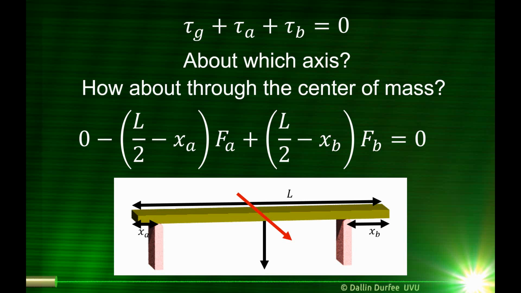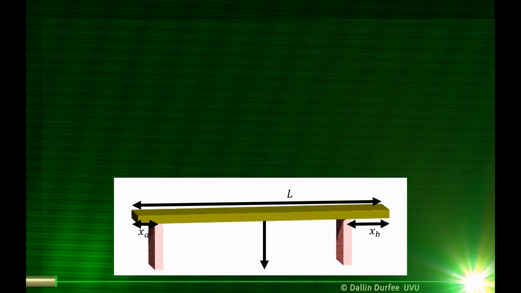Once again, it's one equation with two unknowns. Maybe we could combine it with the force equation or something, but there's an easier way. Let's be smarter about which axis we choose. Let's try finding the torque about an axis that goes through the contact point of brick A. The great thing about that is there are two forces we don't know, but one of them is not going to produce a torque. The force due to brick A is not going to produce a torque about that axis because its